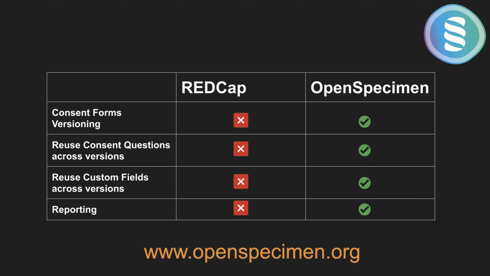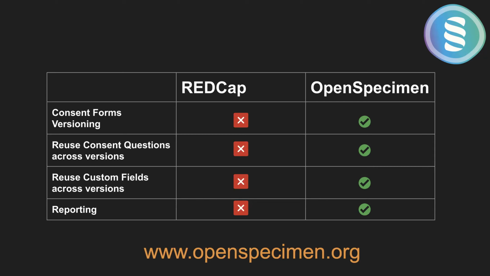So you need to track which patient was consented on which version. Do you need to reconsent the patient? What is the new data that is collected, etc. None of those things is possible in REDCap, and even if you create a new form, a new version, there is no link between the two forms. And that is the next point. In Open Specimen, you can create consent statements and reuse them across forms, so that tomorrow when you're doing queries, reporting, etc., you can say, okay, give me the patients who have consented for this particular question or things like that, and it will search across multiple languages.